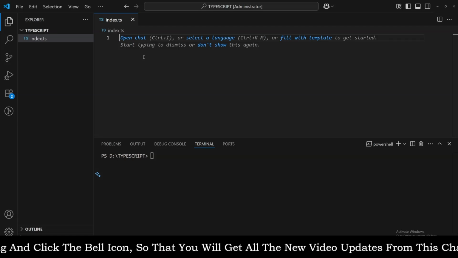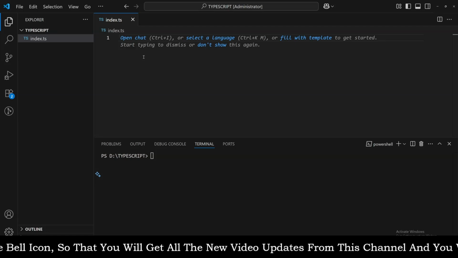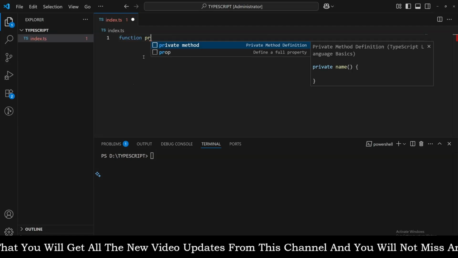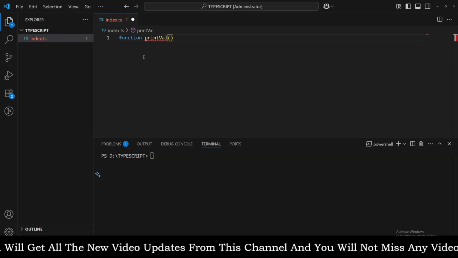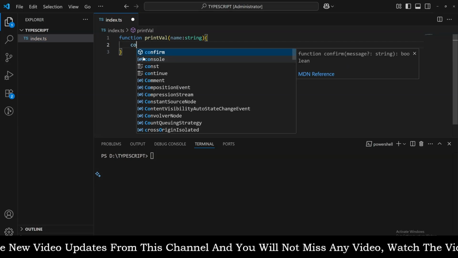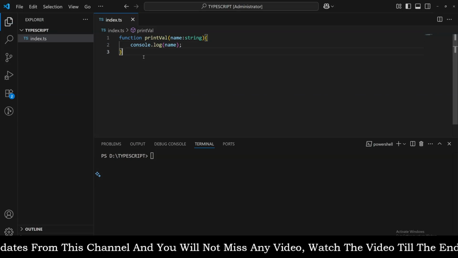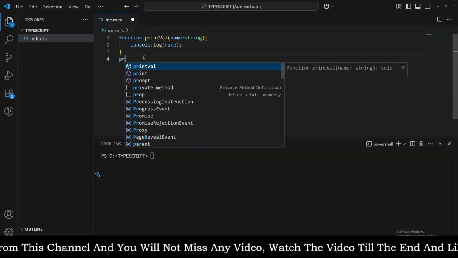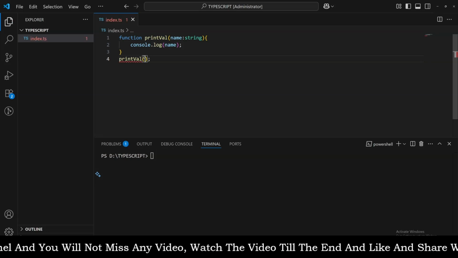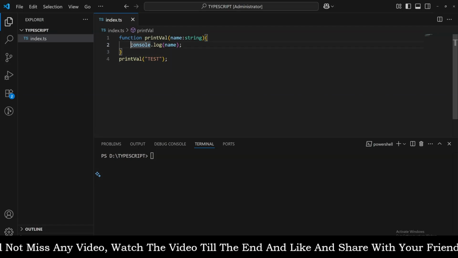So what could be the problem statement over here? Let's understand why we need to use generics. Let's say I have a function printVal which has a name parameter of string type, and it simply logs whatever parameter we are sending, its value, right? So if I call this function like this, let's say I'm passing test,